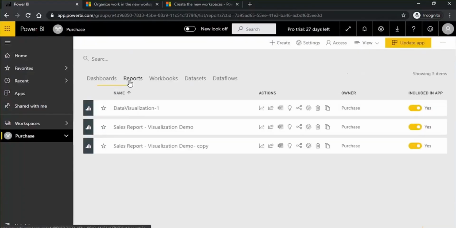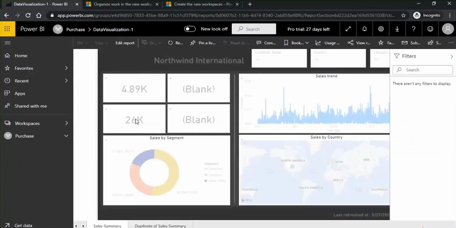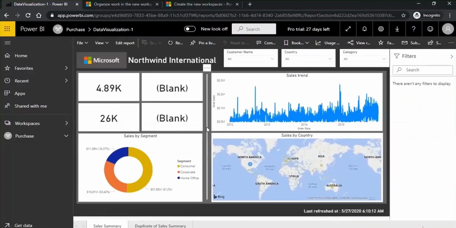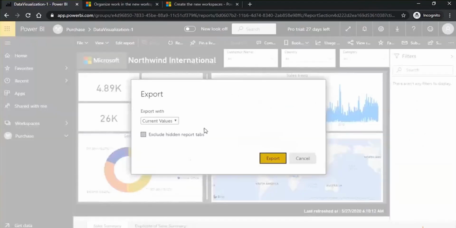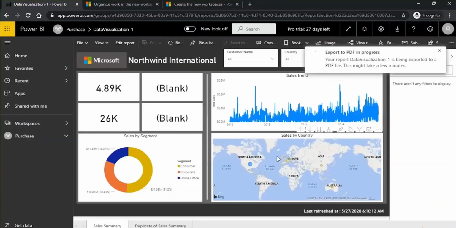Let's say this purchase report. I have shared it, and I have only the access to this. Let's say the manager has access to this report, but now the manager wants to share it with his team members, who don't have the Power BI Pro license. They won't be able to access it from the Power BI service. What the manager can do is export this report as screenshots into a PDF, and then that PDF can be shared. But it will not be interactive. You just go here into the file, open report file, and click on export to PDF. The screenshots will be captured, and then this PDF can be shared. In the same way, you can export the report to PowerPoint also.